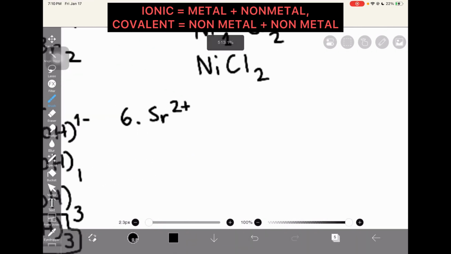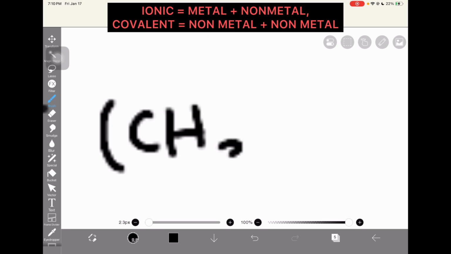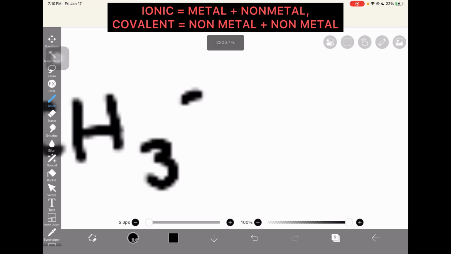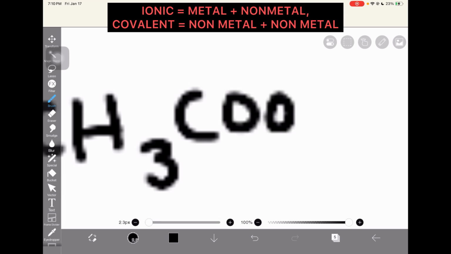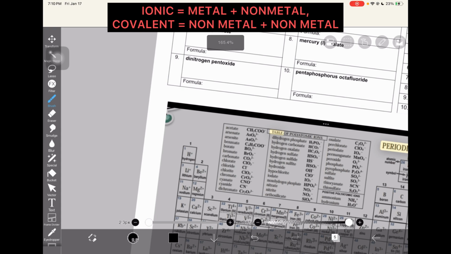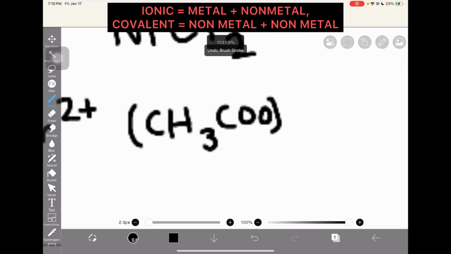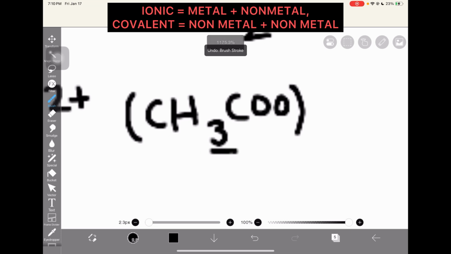So you want to put everything inside the parentheses. CH3COO. Now you want to put this in the parentheses, and a very, very crucial rule: these numbers